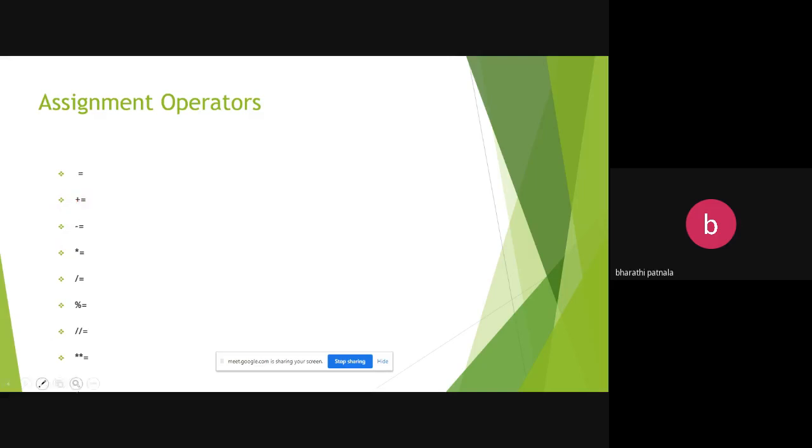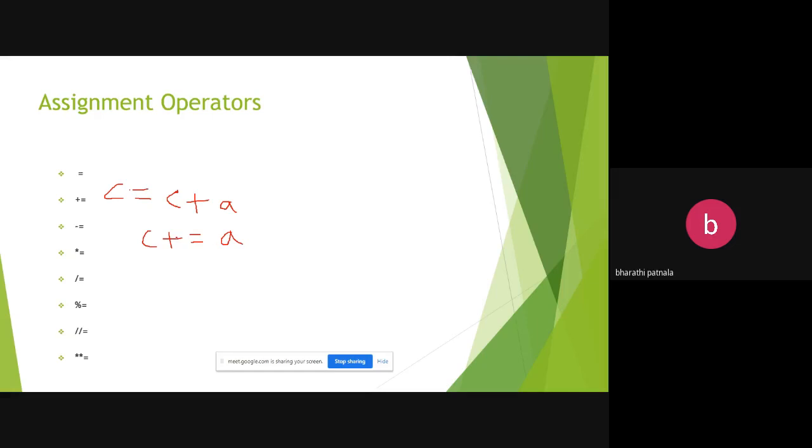So when C is equals to C plus A, you can simplify this expression as C plus equals to A.